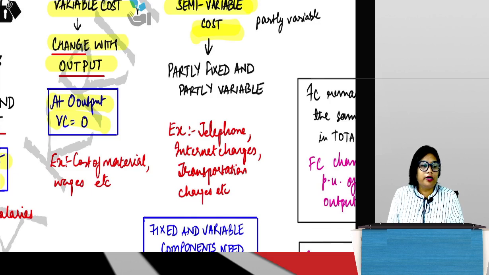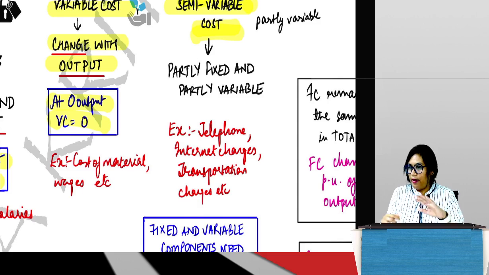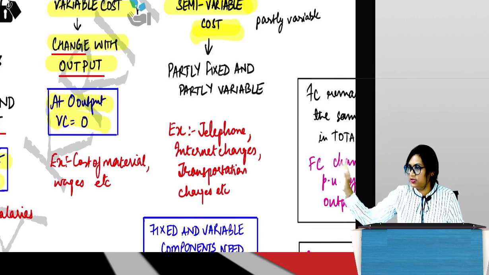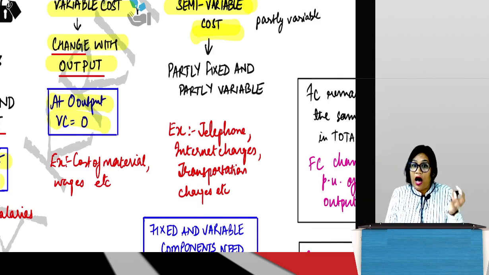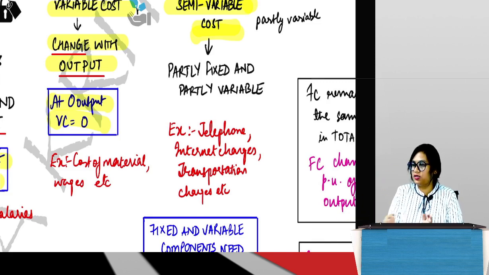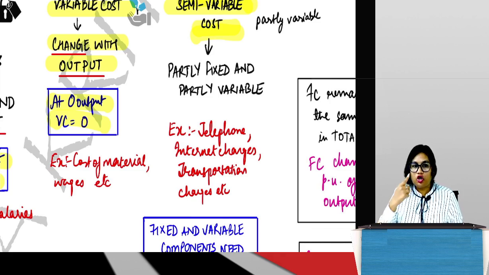But a very important point, guys: if you come across a semi-variable cost, the first thing that should come to your mind is split. And what do you do with the split? Fixed goes and sits with all the fixed costs, variable goes and sits with all the variable costs. How are we going to split? Not our problem at this point in time. Later, during the course, we will come across this separately, and that time I will remind you that we had done this in the first chapter. Everybody? Yes?